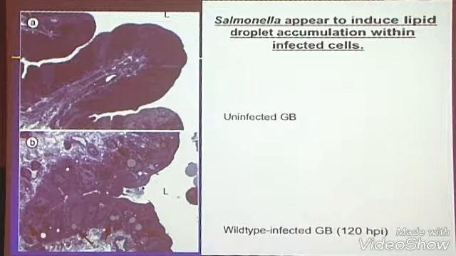One of the things we noticed is that Salmonella seemed, in the gallbladder, to cause the accumulation of things called lipid droplets. These are these little things here. There's one here and one here, a few more around in here, when you infect with Salmonella compared to the uninfected one. That led Ellen and Sigu Otware in the lab to start to have a closer look at this. This is a really rather bizarre phenotype.